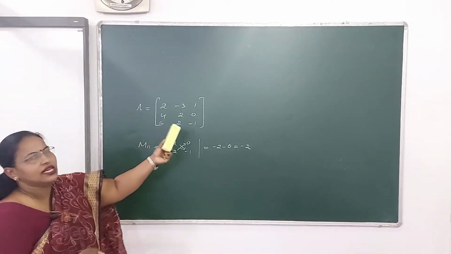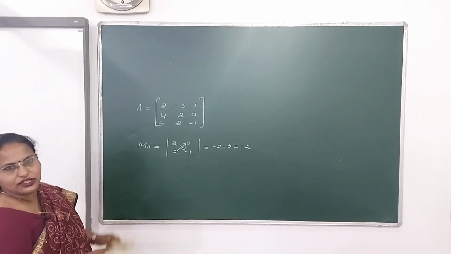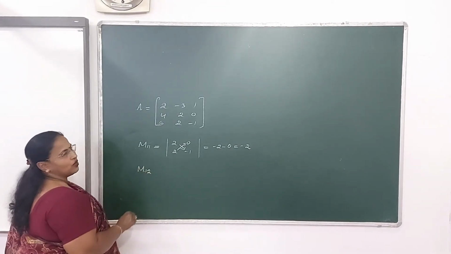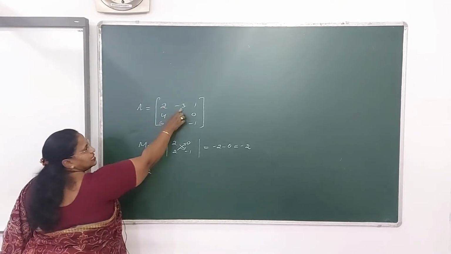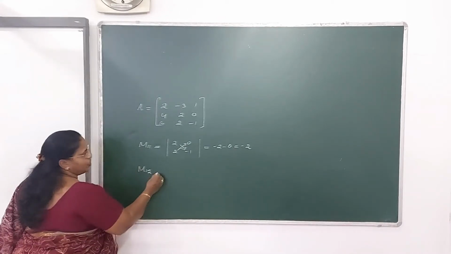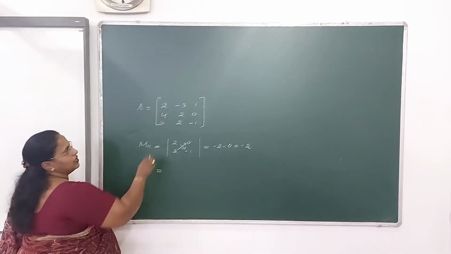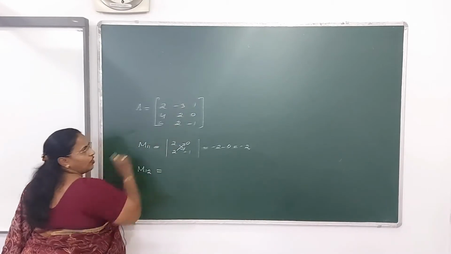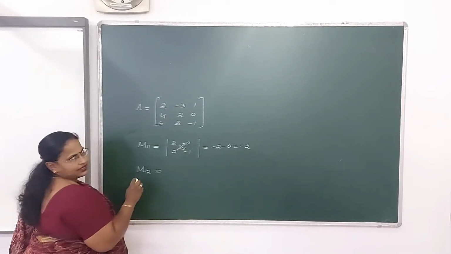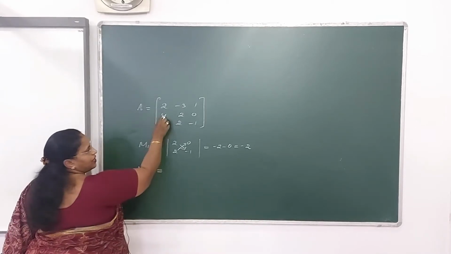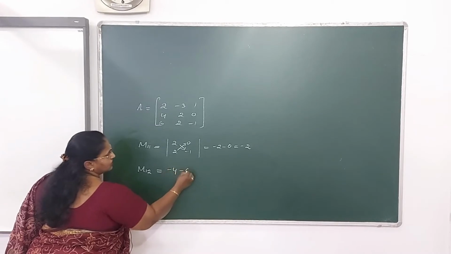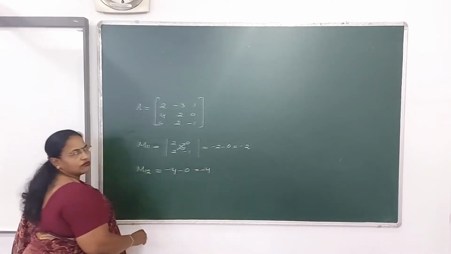Now let us go for other elements also. Row wise let us find it out. So what about the second element? The second element in that particular row is M12, the minor of minus 3. That means the minor of which position? A12, it's M12. And how to get M12? Delete the first row, second column. So here what you are obtaining is 4, 0, 6 minus 1. Get the determinant, the same procedure: product of diagonal minus product of the other diagonal. So it's coming minus 4 minus 0. So the answer is minus 4.